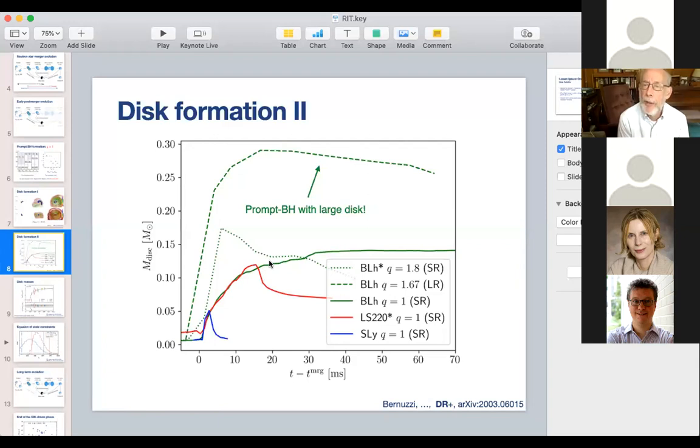What I was looking at here is both the contrast in disk mass at later times between the green and red curves, but also between the red and the blue. The blue curve here, what happens is at this point black hole formation occurs, so we accrete a big chunk of the disk at this point. And for the red curve, black hole formation occurs roughly at this point.